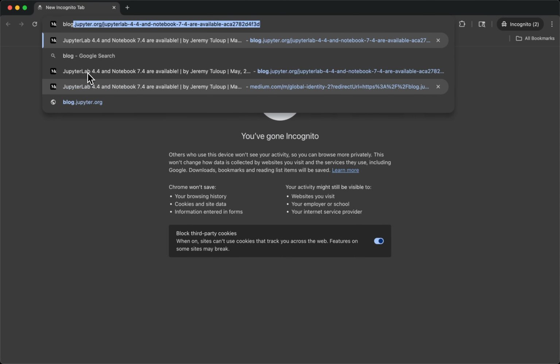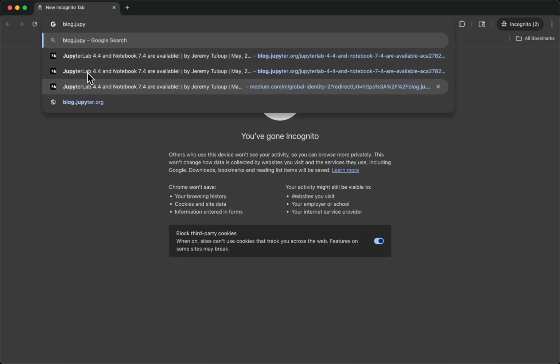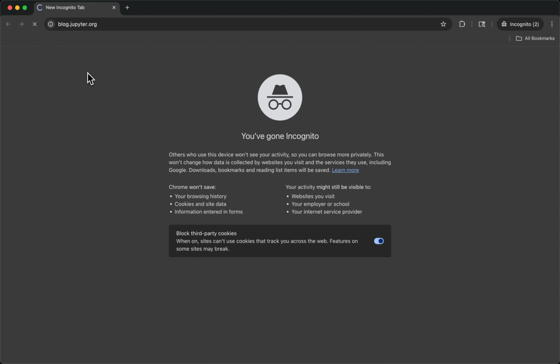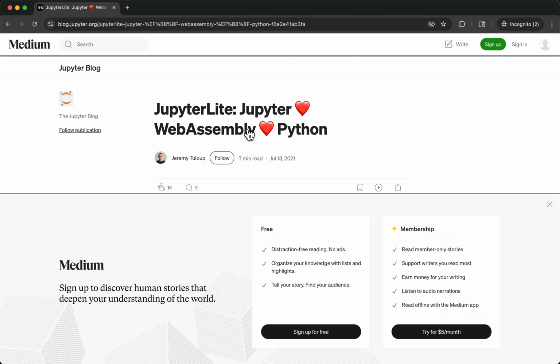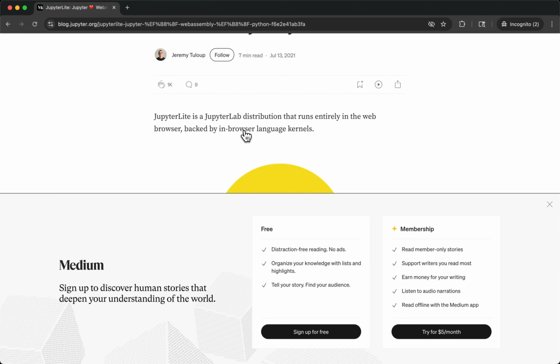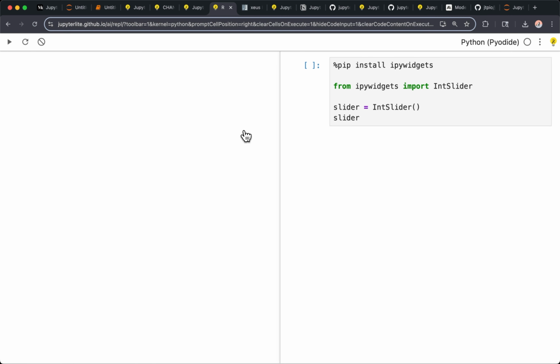Well, if you want to learn more, I think the Jupyter blog is also a good place. So if you search for JupyterLite, here's the official announcement. It's already from 2021, so a couple of years old. But then you should be able to find other blog posts about updates. There's one about how you can embed your own code REPL on your website, how to customize your environments, and so on. So yeah, they should be easy to find.